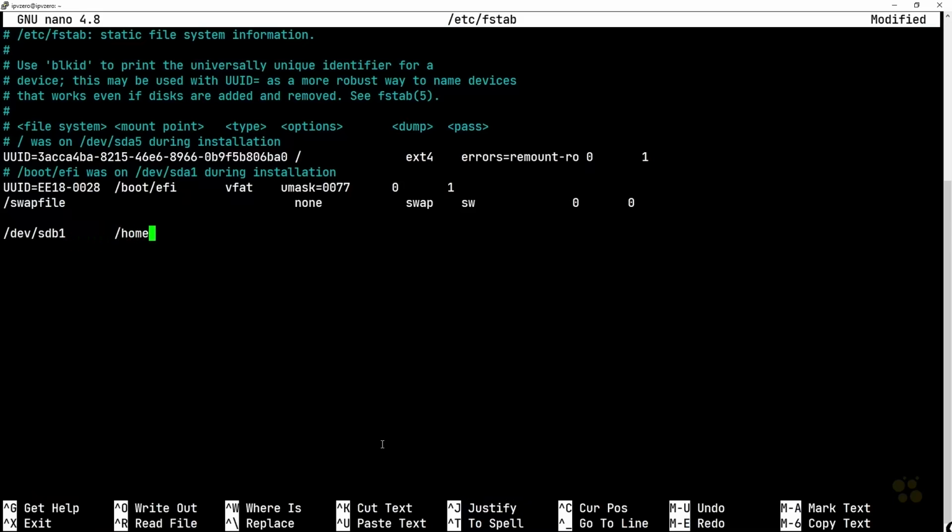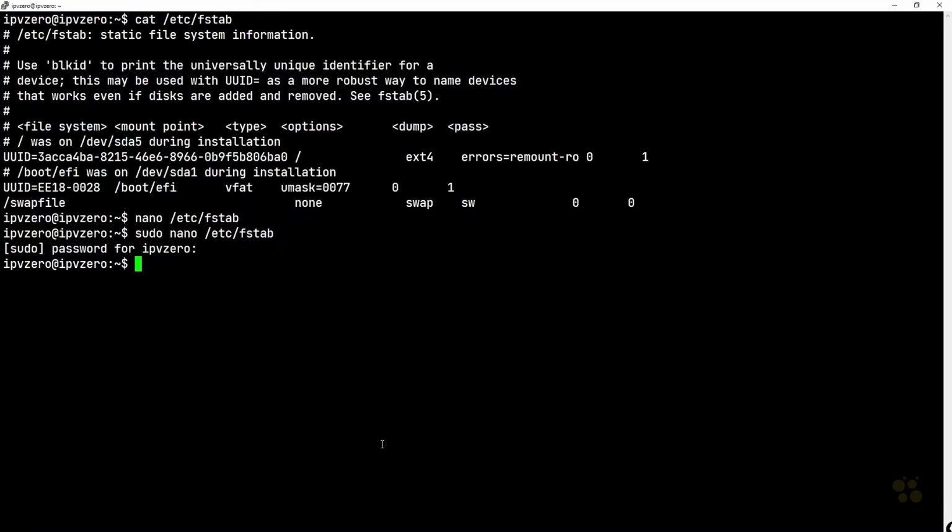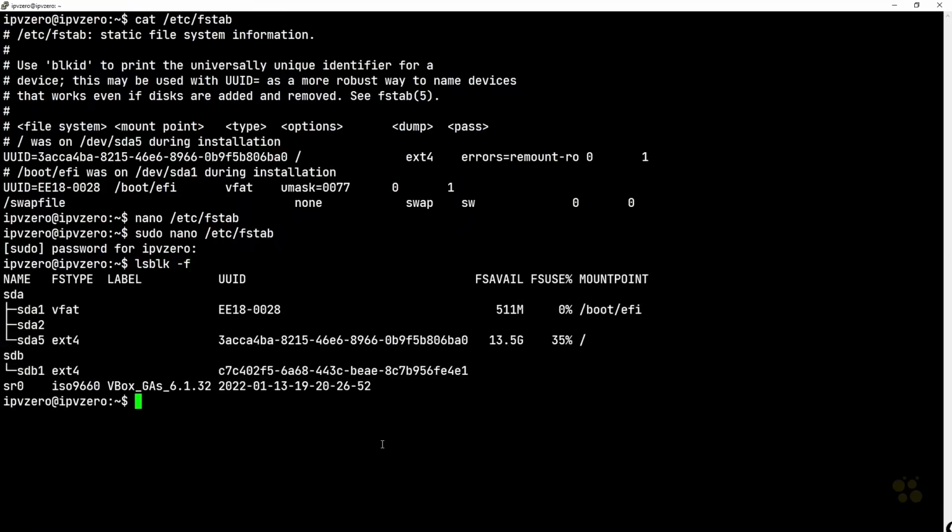So my mount point here is going to be /home/ipv0/backups, and then the file type I'll say is ext4. With respect to the mount options, I'll just specify the defaults, and then I'll give the value 0 and 0 for my dump and my pass. If I happen to write this, save, and exit out, I do my lsblk -f,